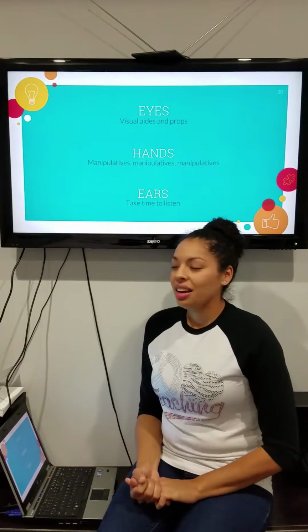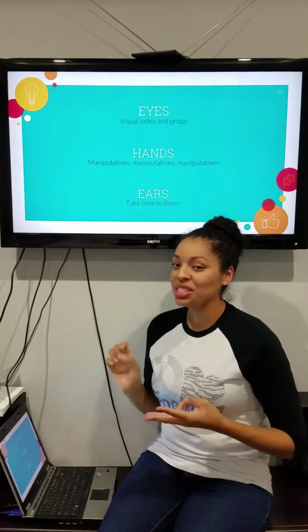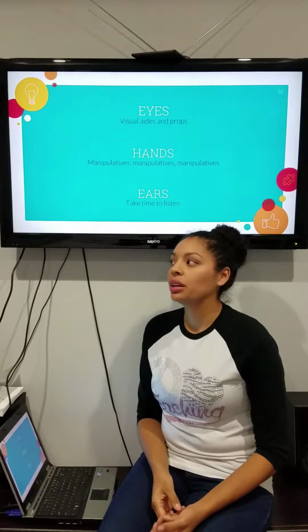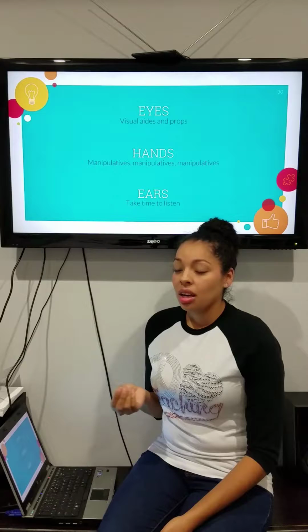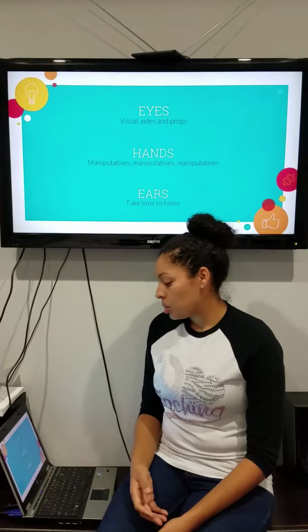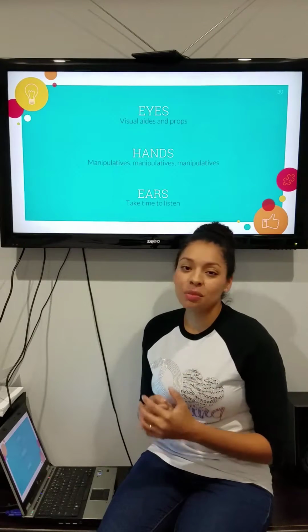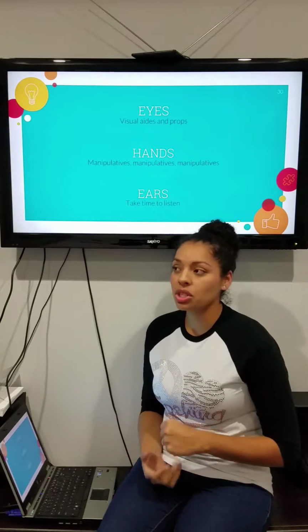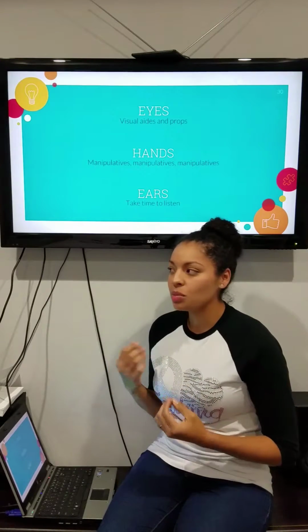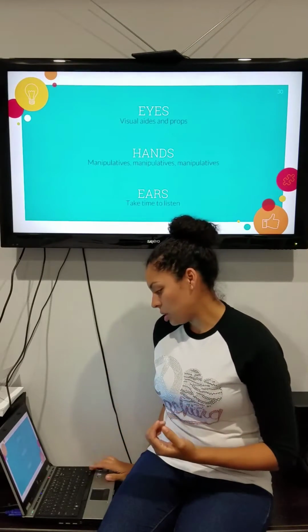So three of the things that at least I do in my classroom are teach with the eyes, we teach with our hands, and we teach through the ears. These all apply to these theories mainly because we're trying to teach in various different ways to address these different cognitive and literacy levels, stages. With the eyes, we teach through visual aids and props. With our hands, manipulatives. Everything is very hands-on, especially in first grade. With the ears, I do sing a lot to them, but this is mostly for us, and we take the time to listen to our students, and I will explain.